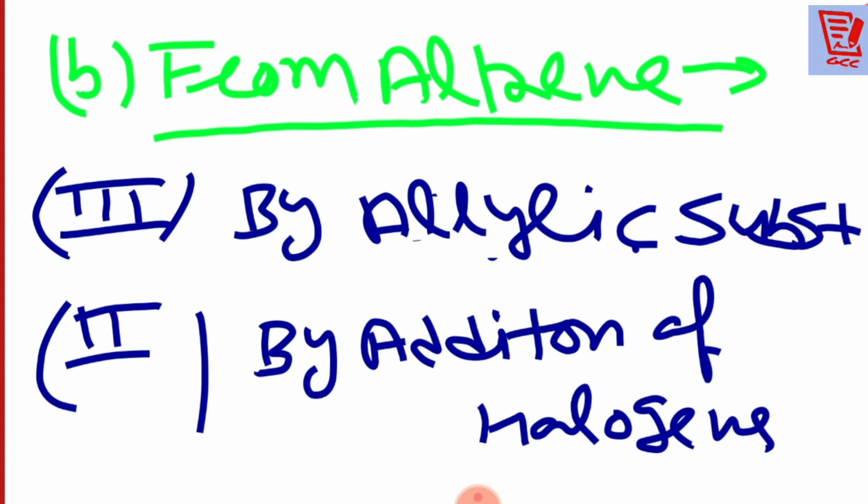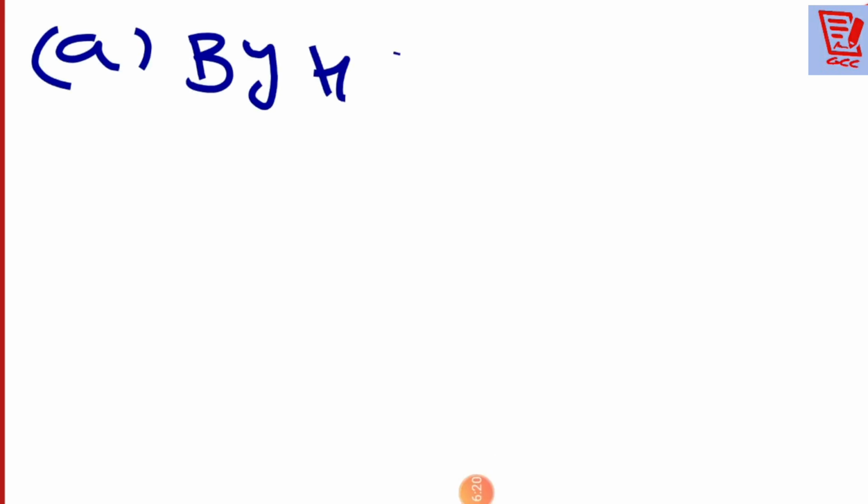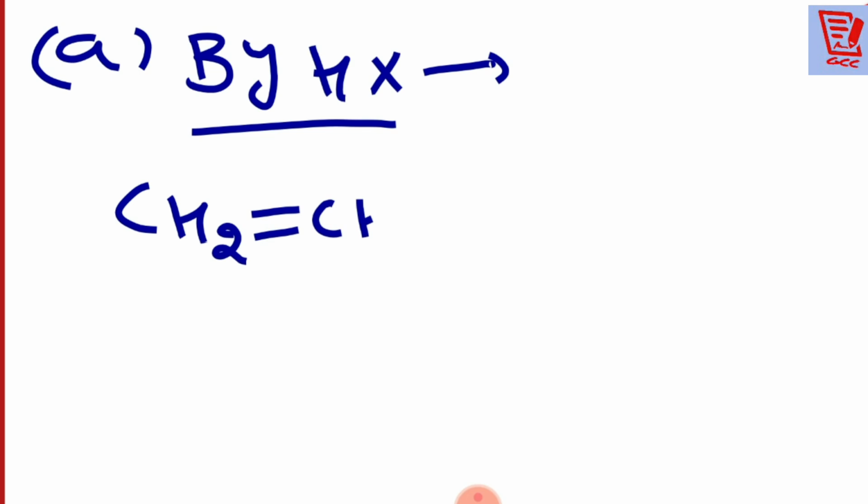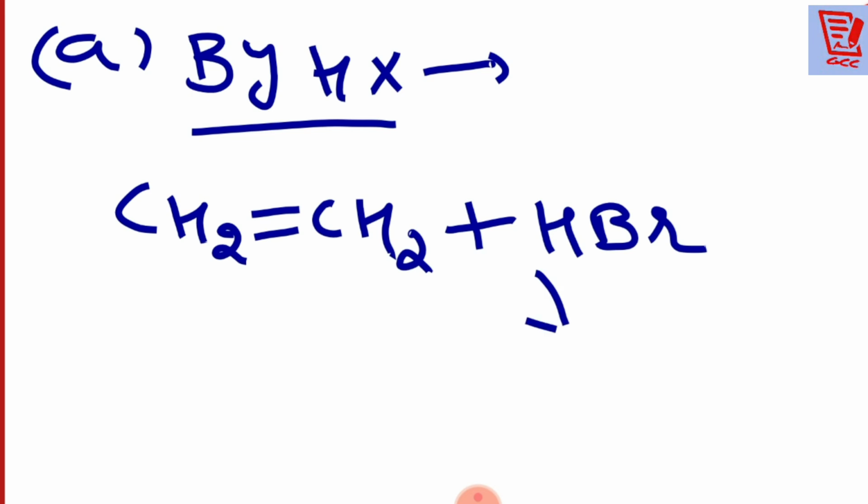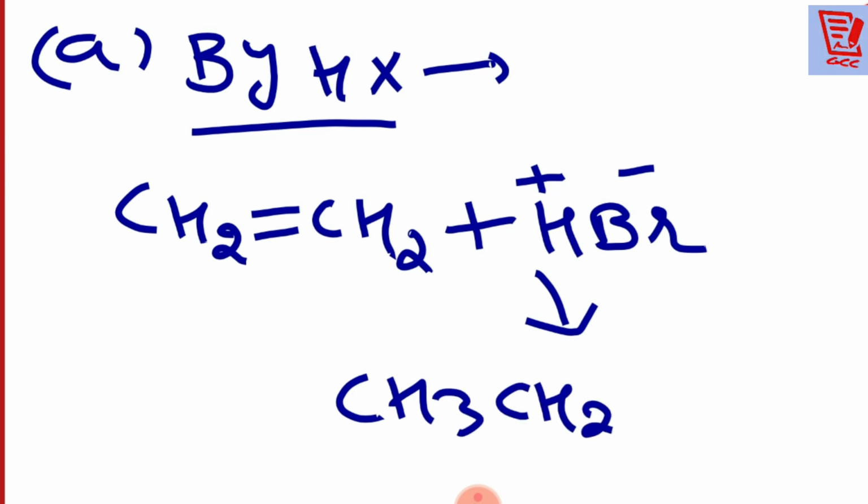Okay students, all of you, we are going to start with number one, by the halogen acids. Please see, this one you have studied in +1 class also. Now tell me, is this a symmetrical alkene or an unsymmetrical alkene? Obviously it is a symmetrical alkene, because around the double bond the same number of carbons is there. Suppose I am writing HBr, H is positive, Br is negative. It can go anywhere because it is symmetrical. So it will become CH3CH2Br.